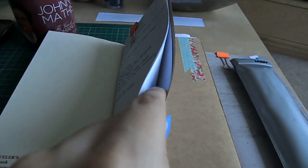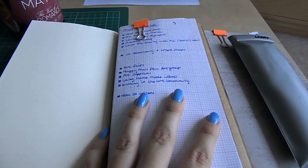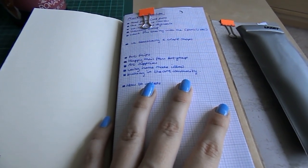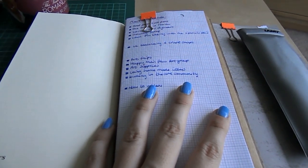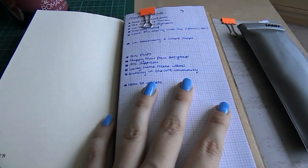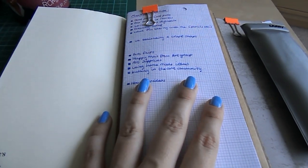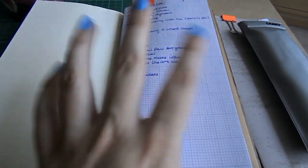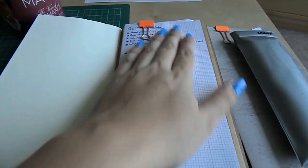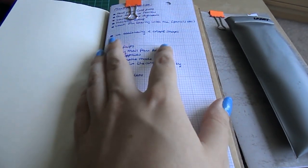The back of the book. I used to carry so many different notebooks in my handbag. One would be for shopping lists, one for toiletries and things like that. Then I'd have another list for art supplies I wanted to get, or a list of lists. It was mental. I'm not saying there's anything wrong with that. I still carry quite a few notebooks. But I couldn't actually fit anything else in my bag at one stage apart from notebooks